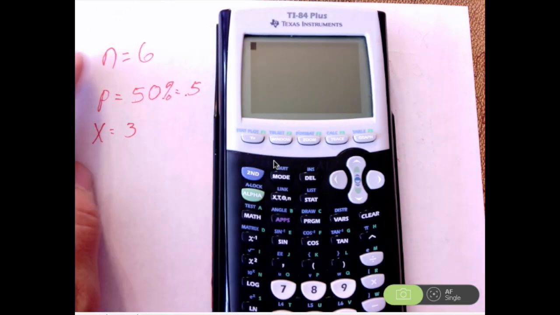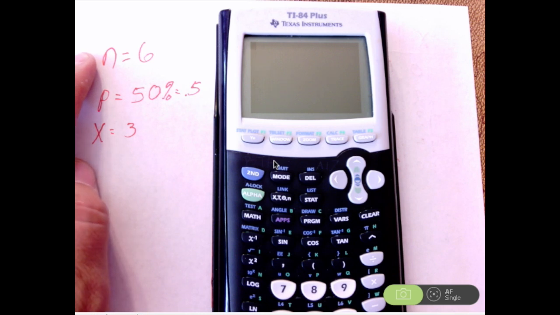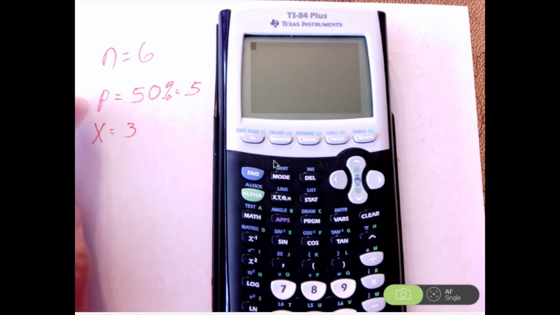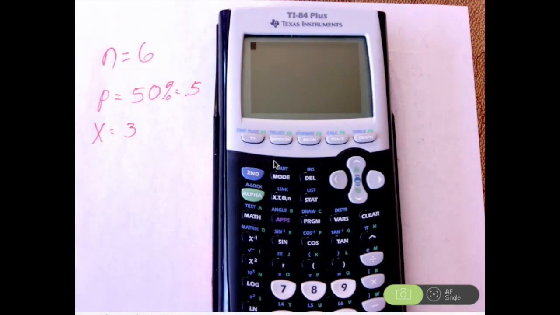So if you noticed up here, I've written a few pieces of information down. My number of trials, the n, is 6. My probability of success on each one, since we're flipping a coin, there's 2 outcomes, 50% for heads or 0.5. And then my x, which is the number of outcomes we are looking for as success. So in our first example, we're going to look at finding the probability that we get exactly 3 heads out